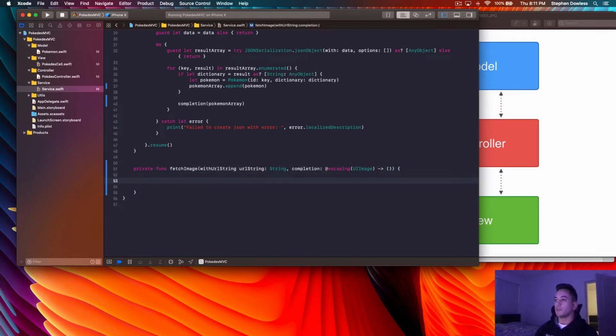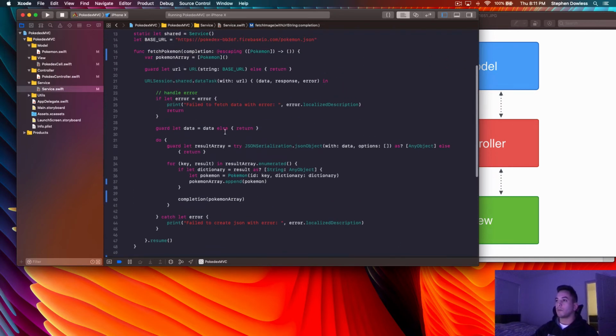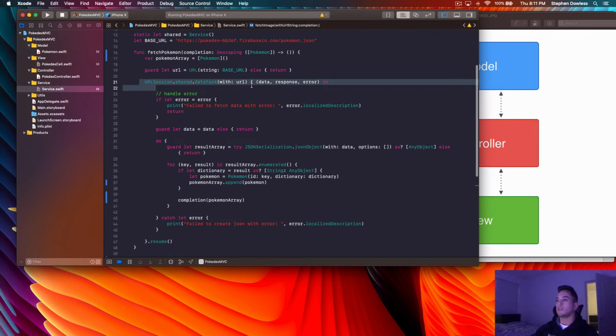So what we need to do is first convert this URL string into a URL. So let's say guard let url equal URL from string and pass in that urlString that we have in our parameter, and then say else return. Then, just like with our Pokemon, now we need to begin this data task.